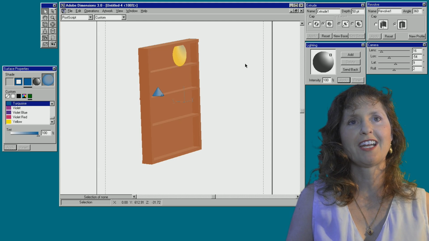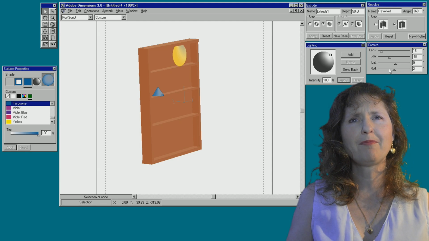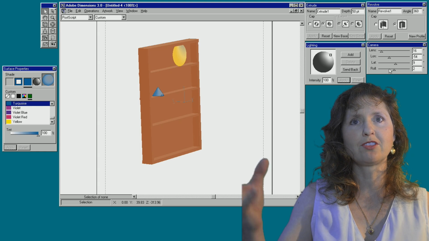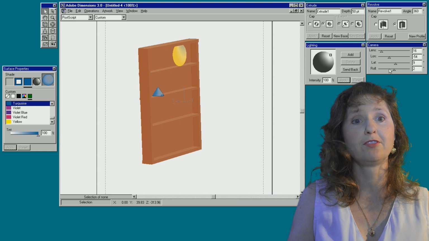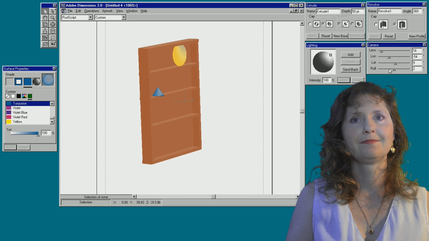I do think the rotating could have been better because when we were around here, remember it was all going strange. It was turning sideways. It looked like the bookshelf was just dancing or possessed. So you feel that if Adobe continued this program, if they said, okay, we're going to release Adobe Dimensions 4.0,